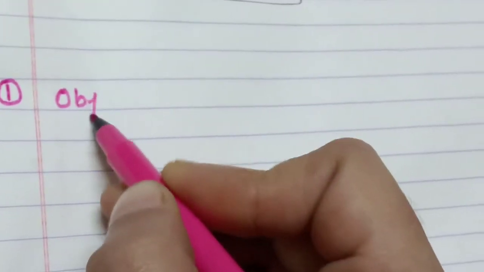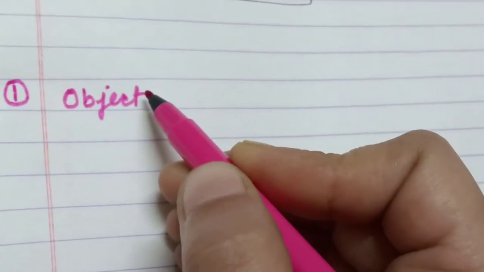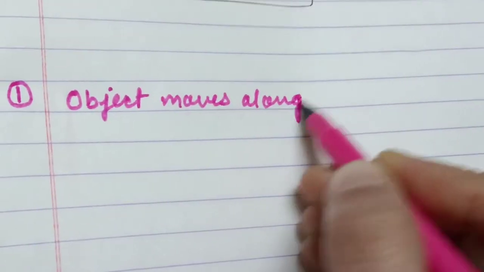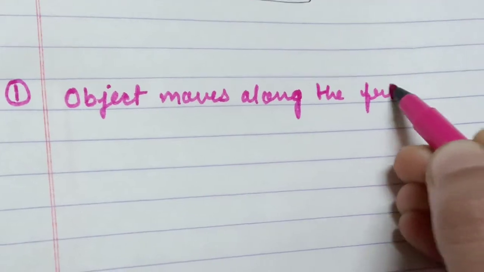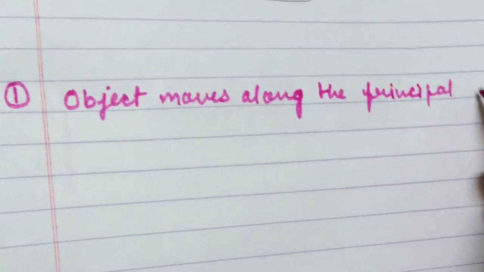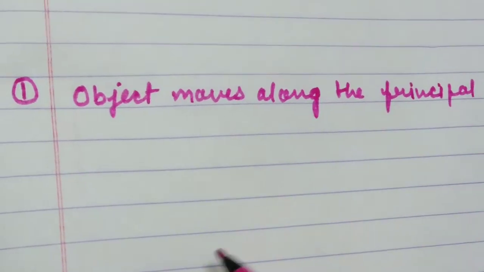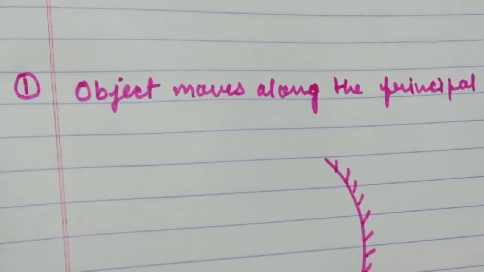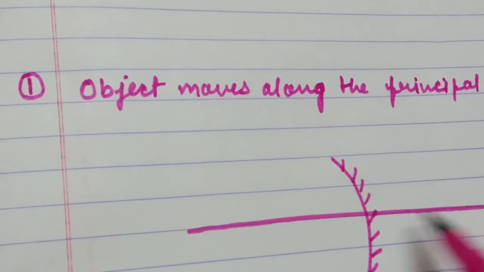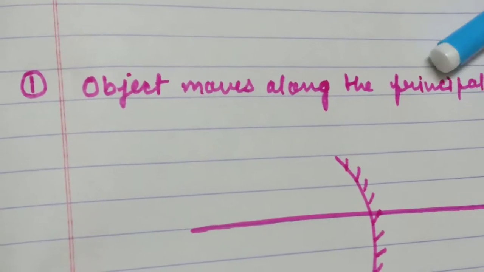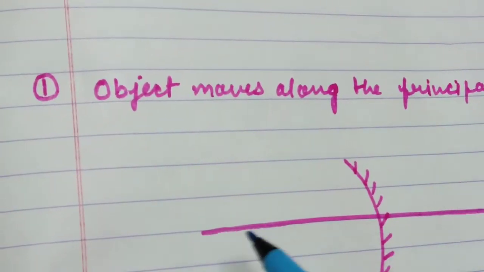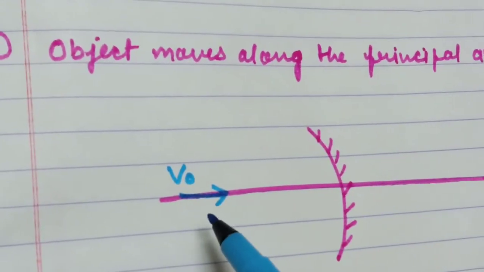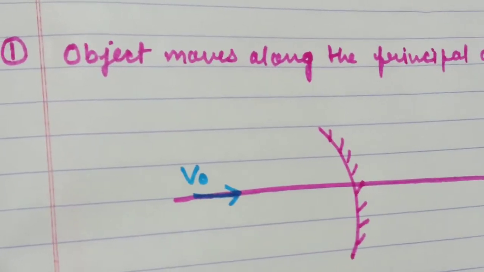object moves along the principal axis. Okay, so this is the concave mirror. So the object is moving with velocity along the principal axis. The second condition is